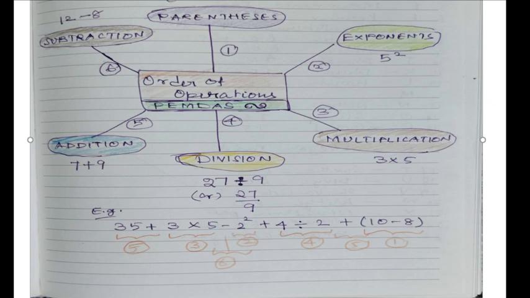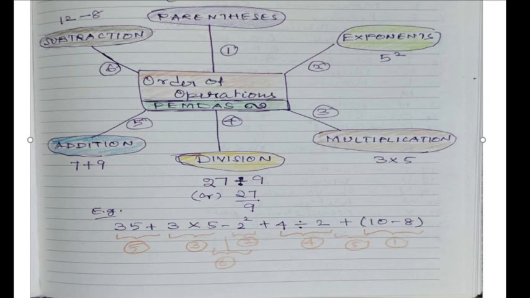You may get confused, sir. Subtraction is given at the last only, so why do you take it first? Because here it is given within parenthesis. Since the bracket is given, that should be the first priority. And that is why I have taken 10 minus 8, which are available within brackets, that is parenthesis. So 10 minus 8, 2.